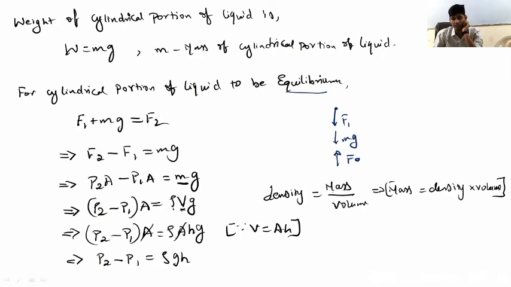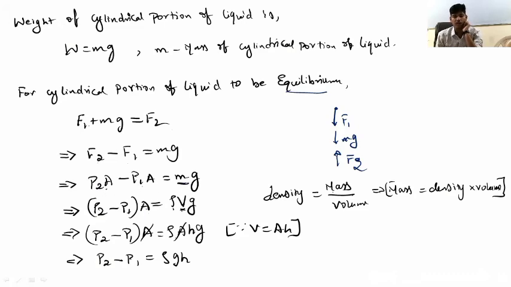So F1 plus mg, the forces in the same direction, must be added. F1 plus mg is equal to F2. So F2 minus F1 is equal to mg. F2 is P2 into A, F1 is P1 into A, that is equal to m into g. From these two terms, you can take A common, and we are left with P2 minus P1 into A is equal to